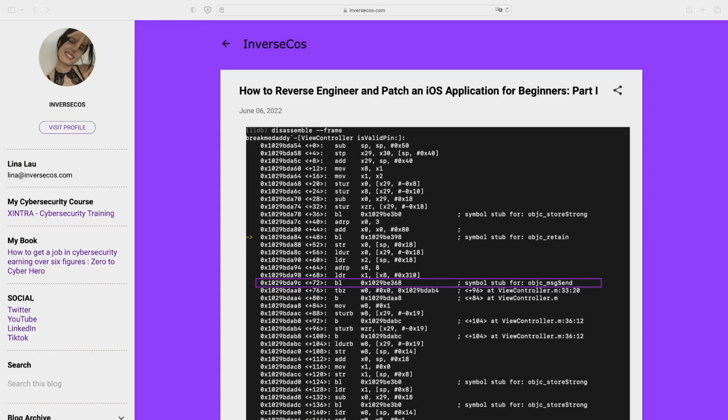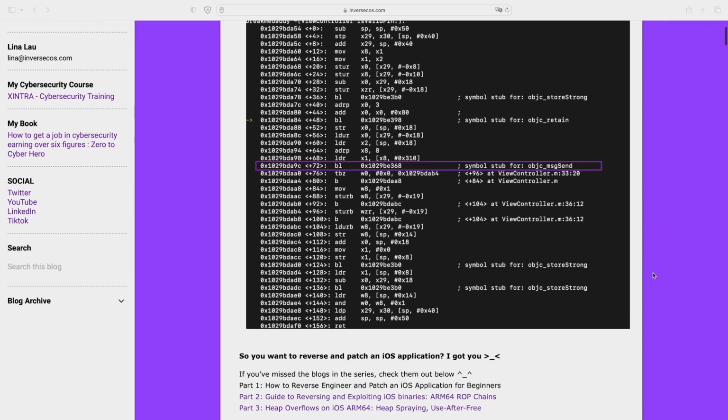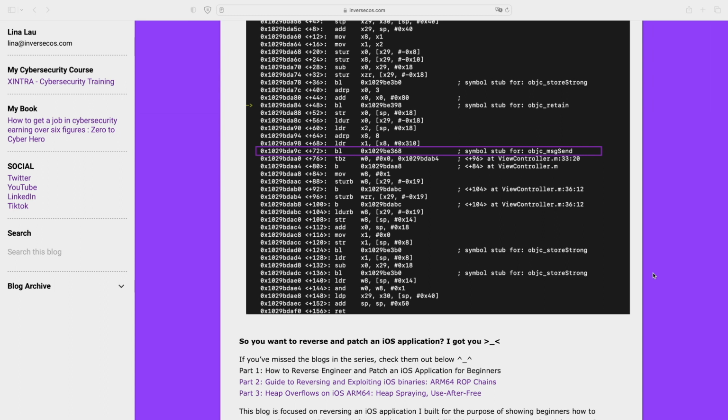In the iOS world, it is much harder to get started. There are not so many good tutorials that are beginner-friendly. I found one from Inverse Course about iOS exploitation, where she goes through all the very basics of writing an exploit, and she also is using different tools than me. So she is using Cycrypt there as well as LLDB. So if you watched my videos on Frida, these are really a good thing to complete your knowledge with other tools as well.